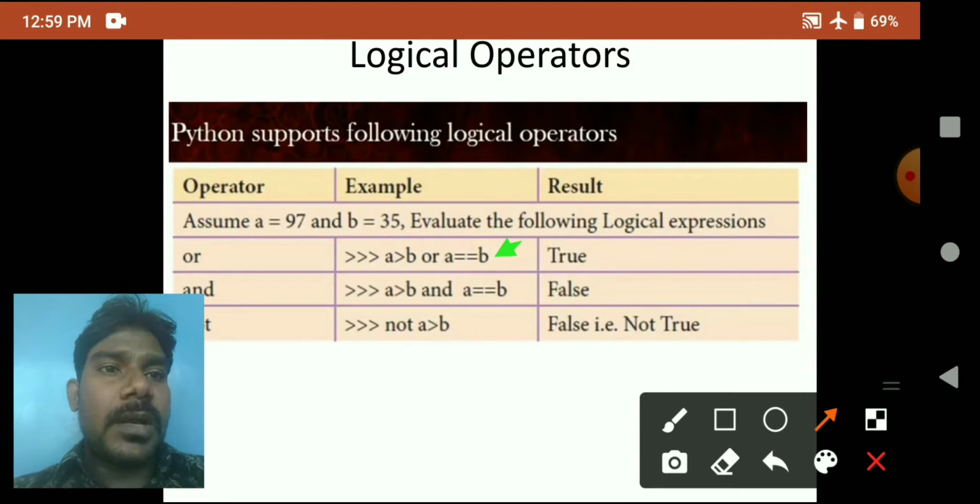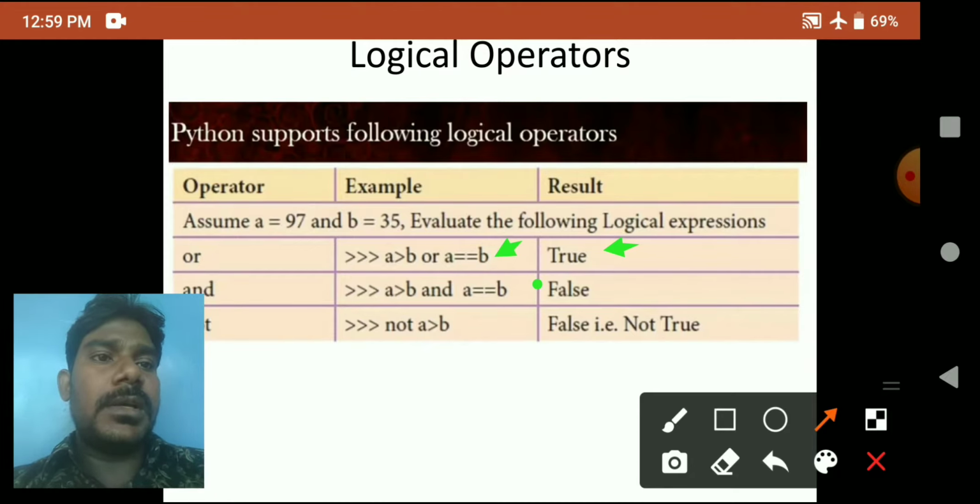The or operator means that if any one expression is true, the result will be true. That is the rule of the or operator.